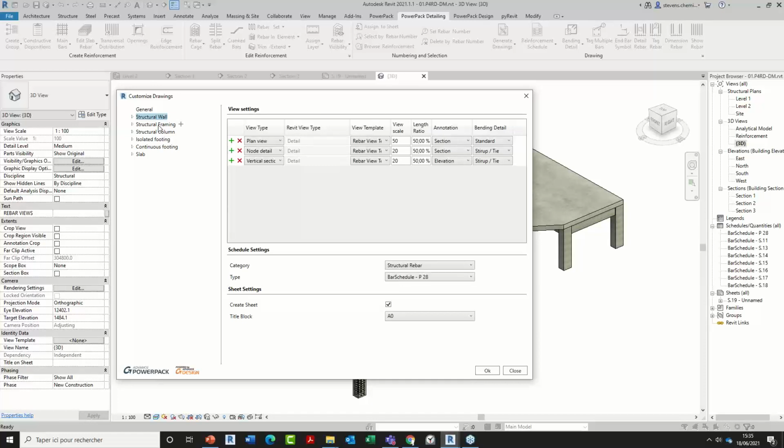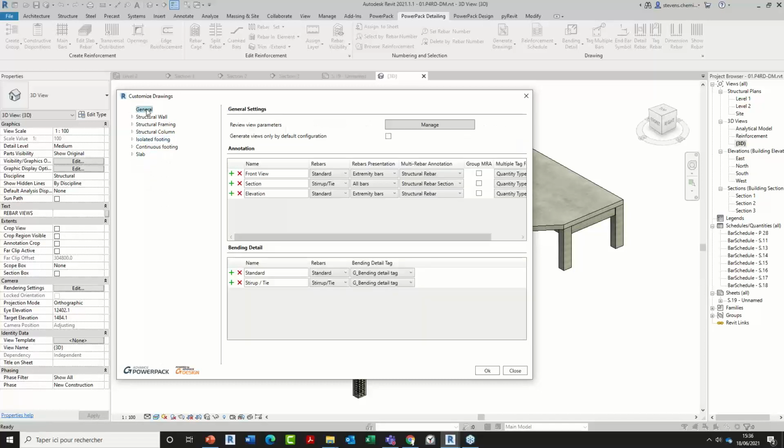Firstly, we do not need to have parts, because I know that maybe some other tools work with parts. Here we can work with basically any Revit families, your own columns, your own structural framing family, for example. We can manage walls, structural framing, structural columns, isolated footing as well.